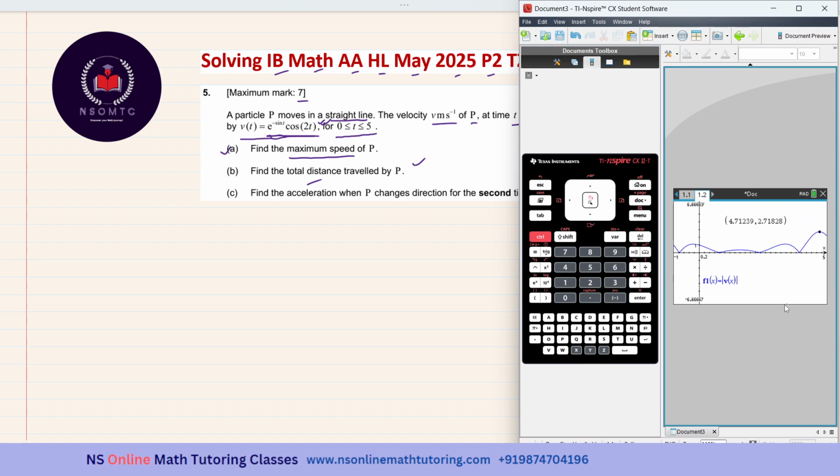Fine. And the x value represents the time, but they are asking for the speed, so we have to take the y value. Okay, so it is 2.718. So correct to 3 significant figures, it will be 2.72 meters per second. And we can give the graph, or if it is difficult for you to draw these and it is containing just 2 marks, then okay, we can say